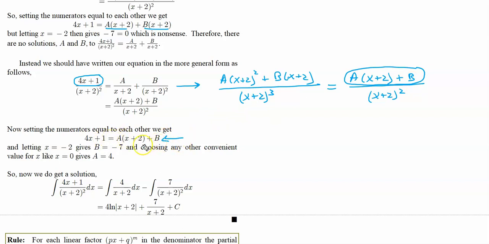And now you see, just picking strategic values like -2 for x, we get that b is -7. Notice if I put -2 in for the x here, this goes to 0, and we get -7 equals b, right? 4 times -2 plus 1 is -7, and this term goes to 0. And now if we go back to this equation again, and we put the -7 in for that b, you'll notice that we get 4x